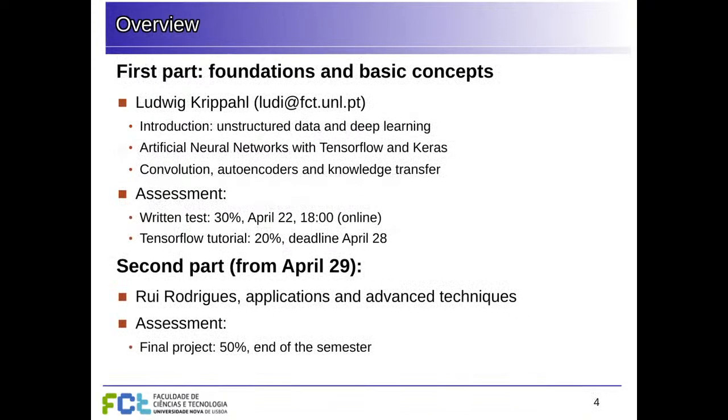So we're going to split the semester into 2 parts. This course is a collaboration between the computer science department and the mathematics department. I will be giving the first part, where we will cover the more theoretical foundations, the concepts, and the basic techniques that you'll need. So I'm going to give you an introduction to unstructured data and deep learning, and how deep learning helps us work with unstructured data, and also how to work with artificial neural networks using this framework,